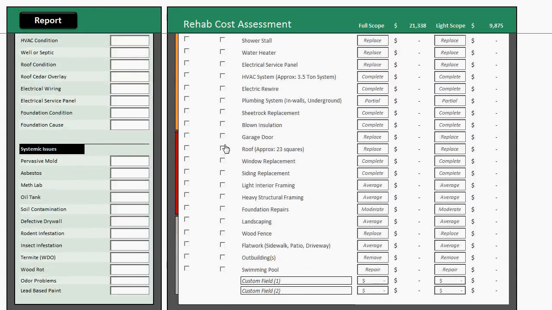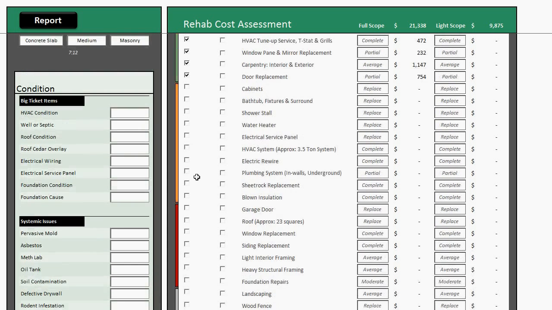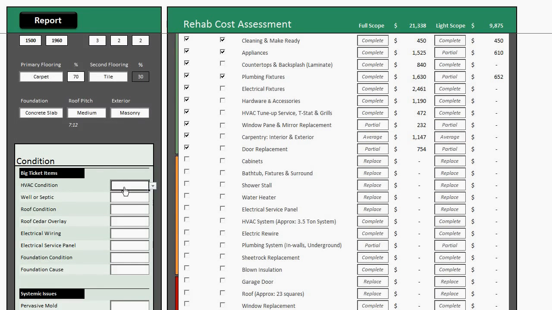As you go down through the tool, you can see the numbers calculating at the bottom and at the top. This is right now a $21,000 rehab if we did everything we put on our wish list, or it's a little less than $10,000 if we don't do everything. There are some additional triggers that I've put into the